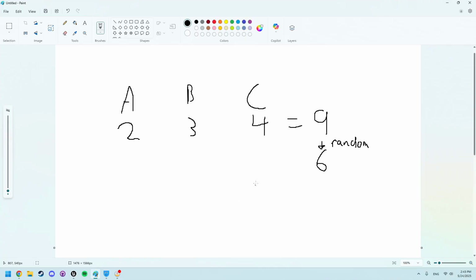Now we can iterate back through all of these people, and then whenever we add up and reach the random number, that is going to be who wins. So we're going to start with A. We're going to add in 2. So we need to start at 0. So we'll start at 0, and then we're going to add in person A's number of,